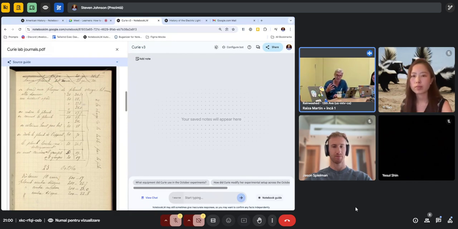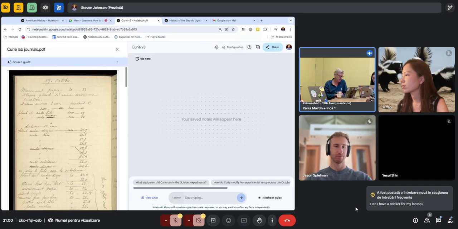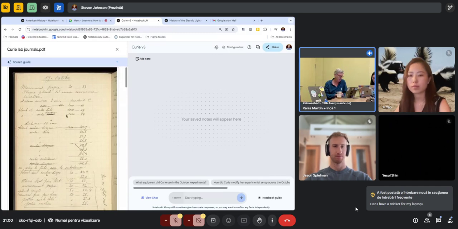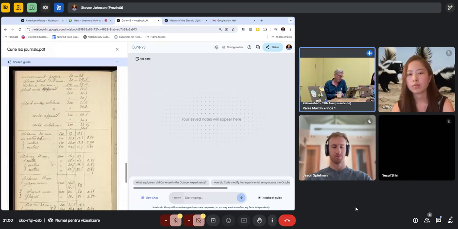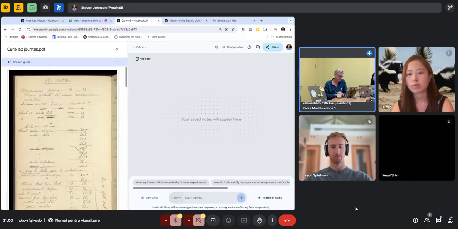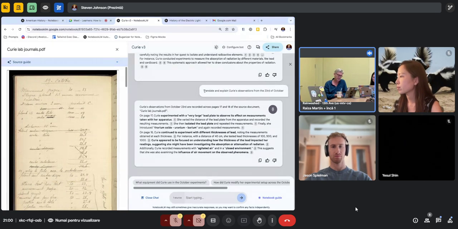I speak a little bit of French, so it's very hard to read. You can see this is a journal. They've got dates like 19th of October at the top, lots of numbers. I just want to show you the power of this stuff. Even though there's scrawled French notes and I'm writing in English, I can translate and explain Curie's observations from the